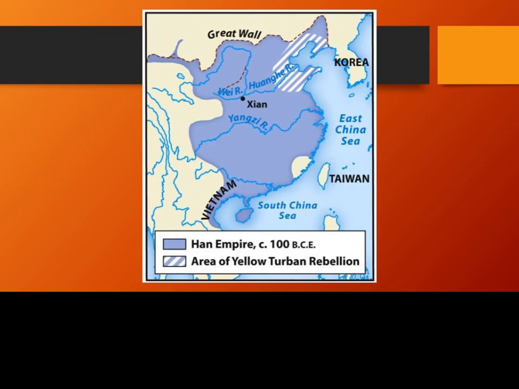So here's the Han Empire in blue, a shaded bluish purple area. Up here in the stripes, this is the area of the Yellow Turban Rebellion. And this is roughly about 100 BCE. The Han Dynasty lasts for another 100 or so years. But you can see it encompassed a large portion. And the Han Empire is the same time as the Romans, for example, with lots of trading between the two, so that gives you a little bit of context there.